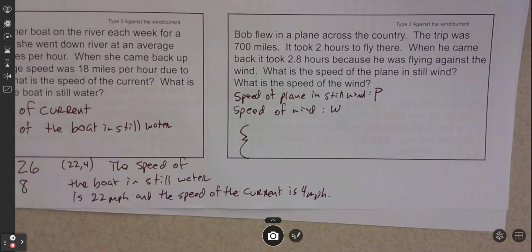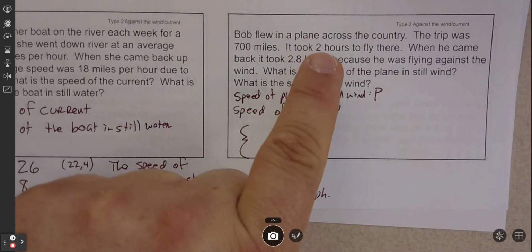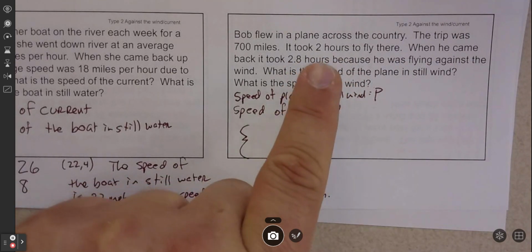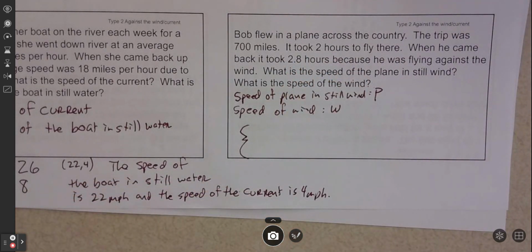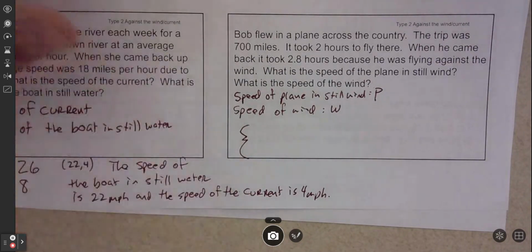Would it be easier to put the hours in like minutes? Would it be easier to do that? As long as everything is in the same unit, it's fine. If I said it took 60 minutes and I said 2.8 hours, then you want to convert them. But if they're all in hours, life's good. Okay. We have to know a